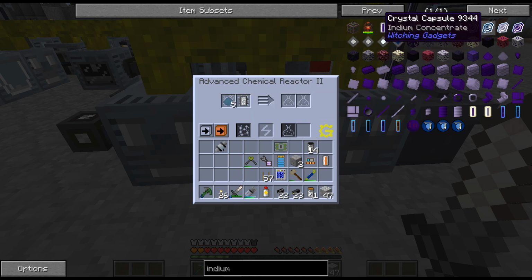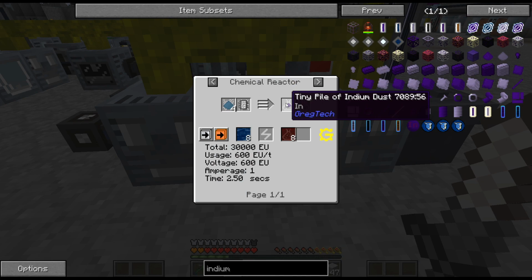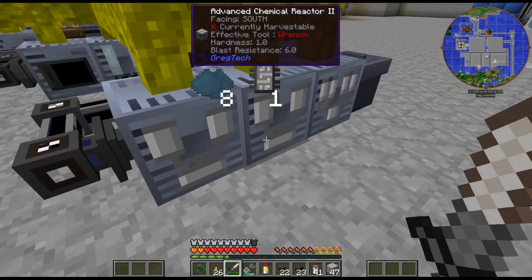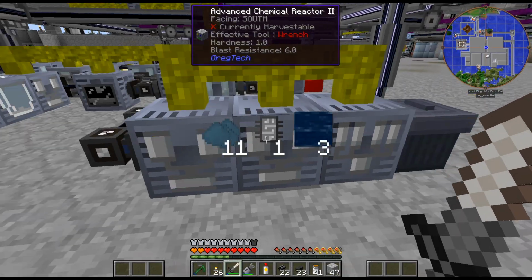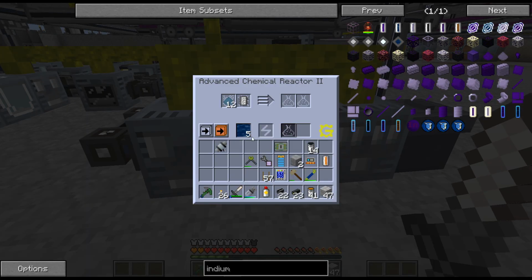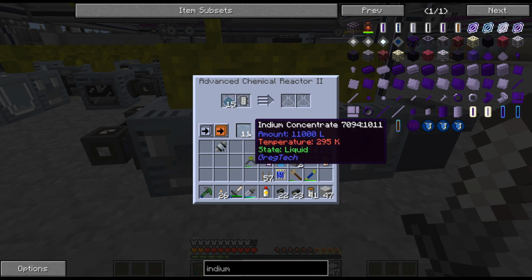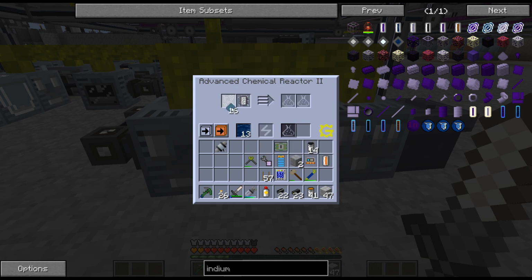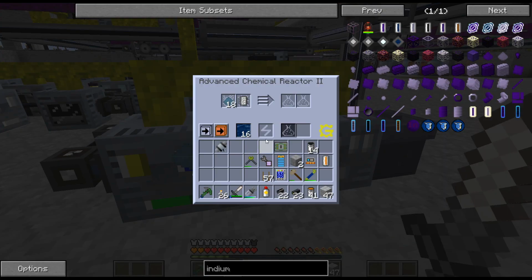Did I... Yeah, it is a 1. And then I have the import bus on the bottom to pull out the indium. Alright, so there it goes. Fluid output into the thing right next. I need a muffler upgrade for that as well. And... I just realized, is this...